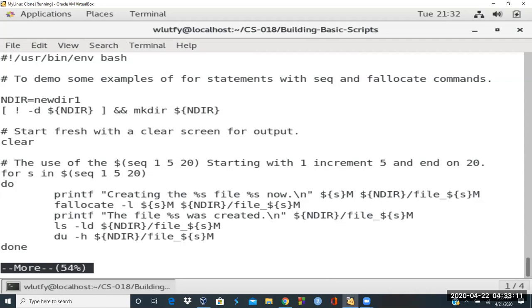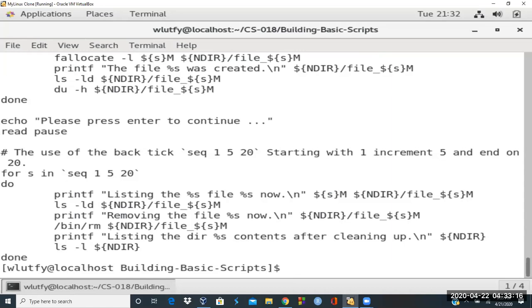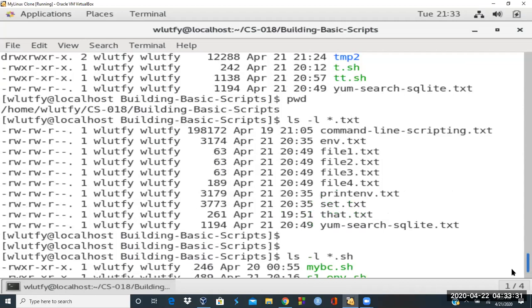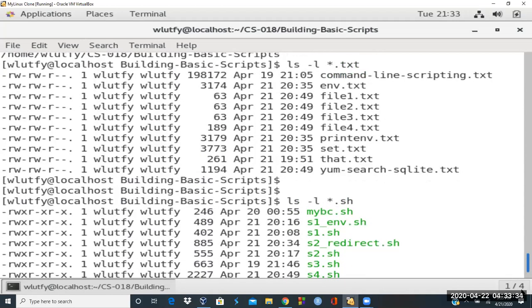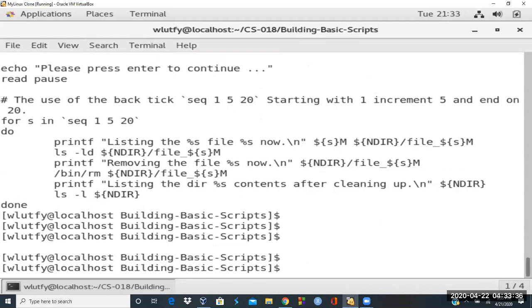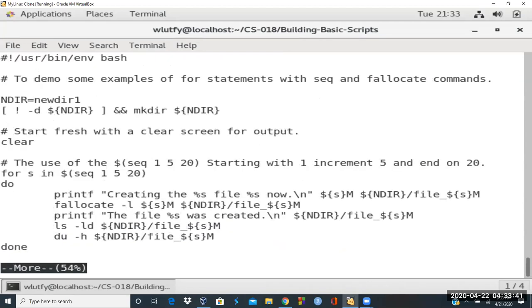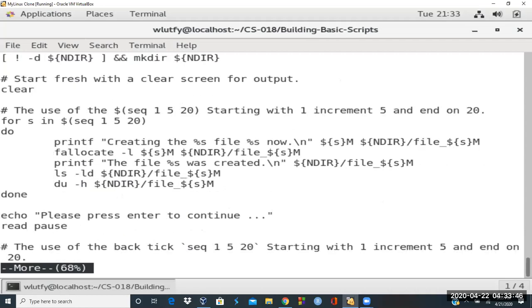Sequence 1520 starting with one incremental. Yeah, I actually did this one. Number of directory. Yeah, it just creates it, and it just deletes it afterward. I believe this one. Let me just see it again. And this one, the new directory, for every directory that it created, it's going to delete it afterward,